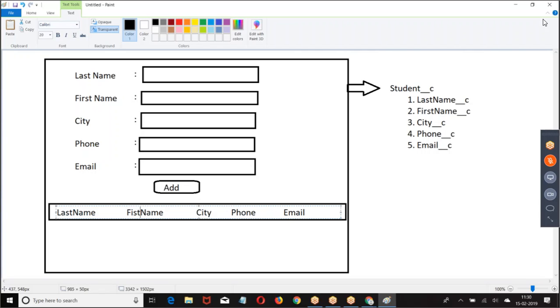One variable for creating one record. That record should be added to a list. So how many variables do you require? Two variables. One is a single student, another one is a list of student. So start creating this. Create an Apex class, everyone.